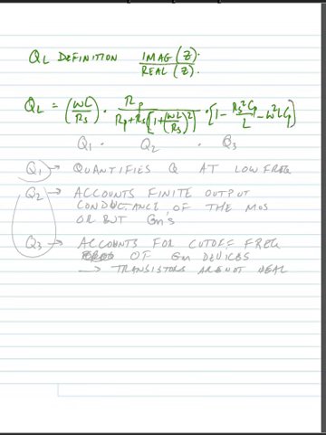And we could find that basically this quality factor is the product of three separate quality factors, Q1 times Q2 times Q3. And for our active inductors, what this means is Q1